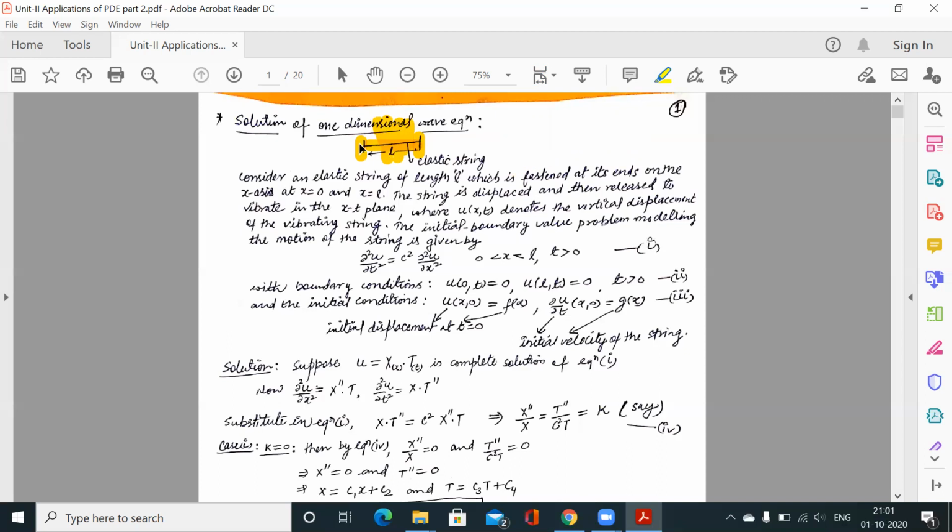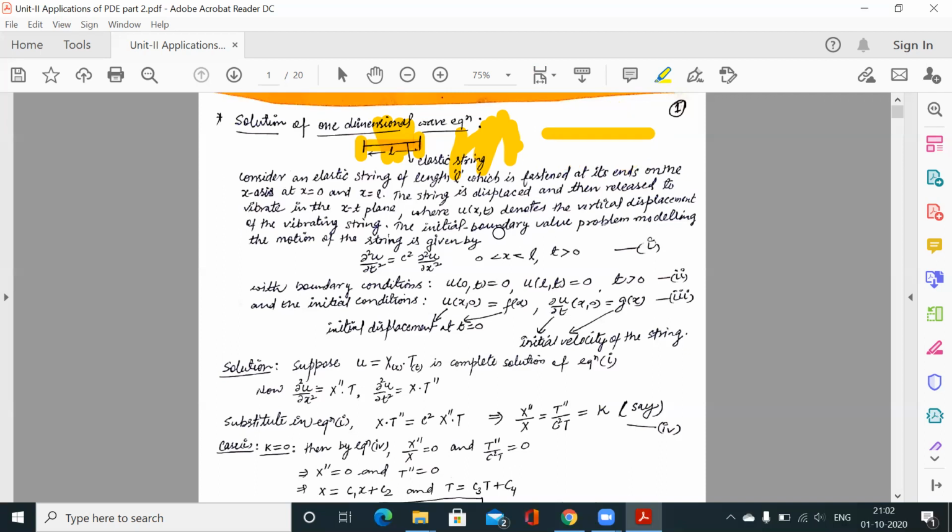Both ends are fixed, and we are touching the string from the top or from the bottom. It will start vibrating like this. If this is your string, it will vibrate up down, up down, up down, where this is the fixed position, the length of the string. It will go up and then down, up, then down. These types of vibrations are there, and we have to measure these vibrations.